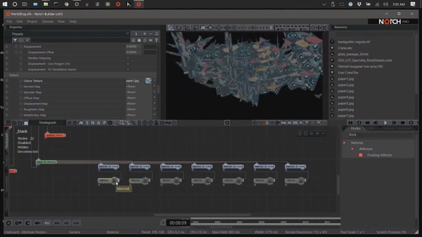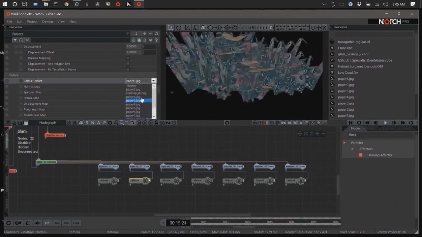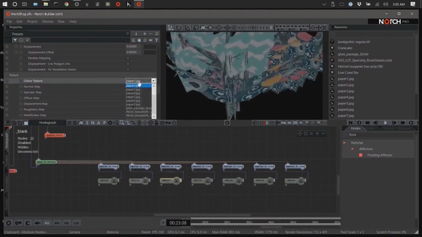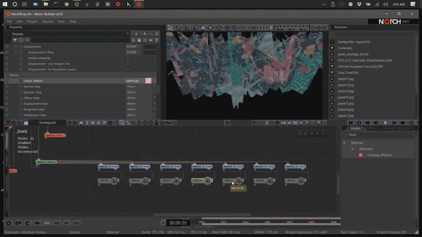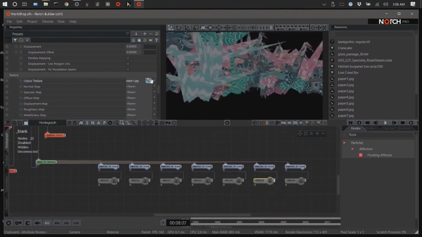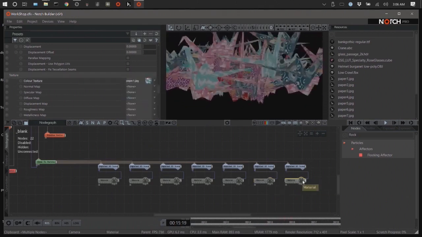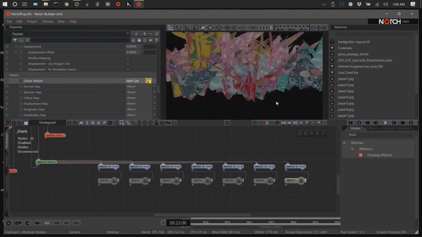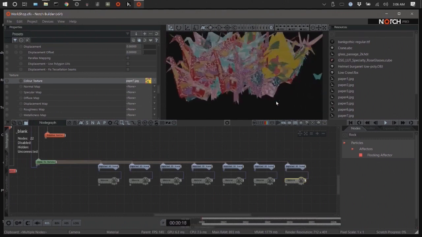So like first one is paper 1, so the next one would be paper 2. それぞれ複製したマテリアルのカラーテクスチャーのところを、さっきが1だったので、2番、3番にそれぞれ変えてみてください。Now, more variation, many colors. するといろんなバリエーションのいろんなカラーの紙がついた鶴がいろいろ出ます。